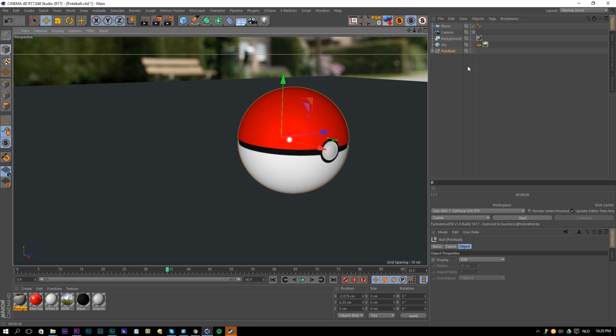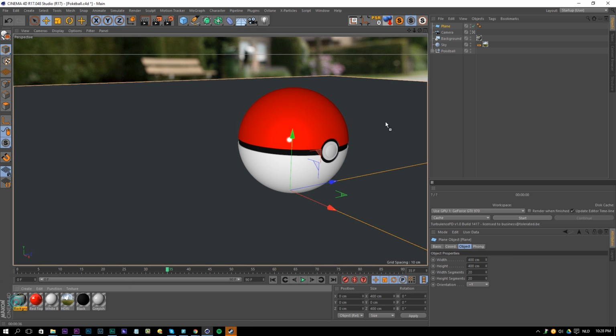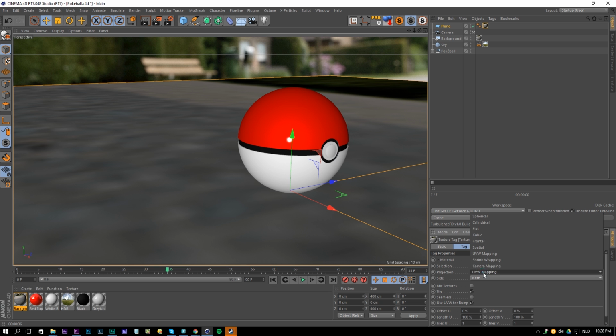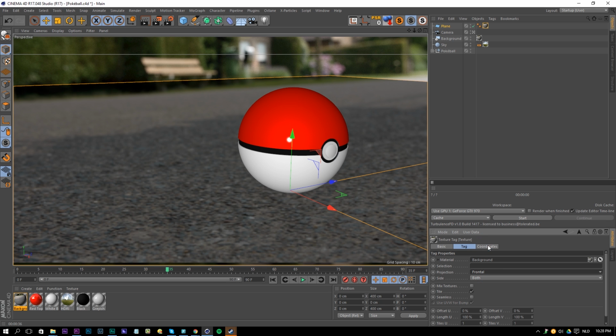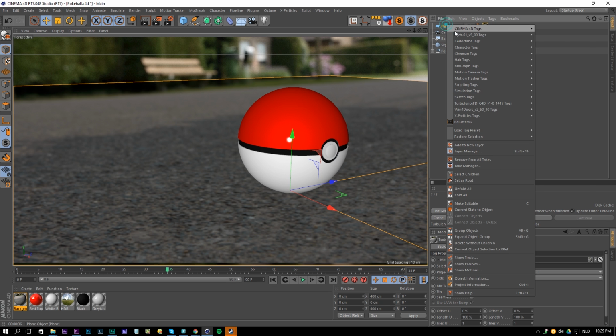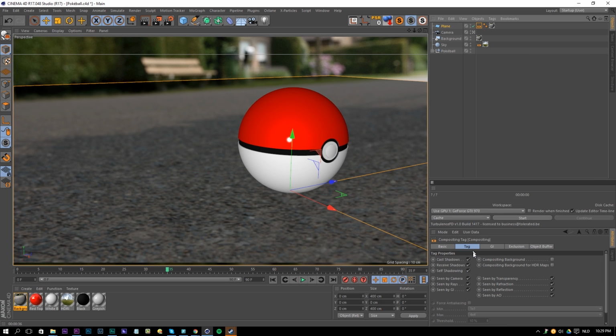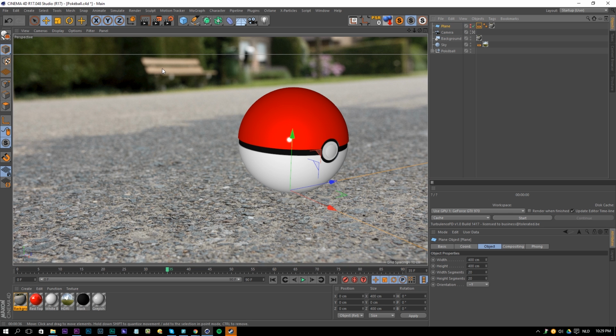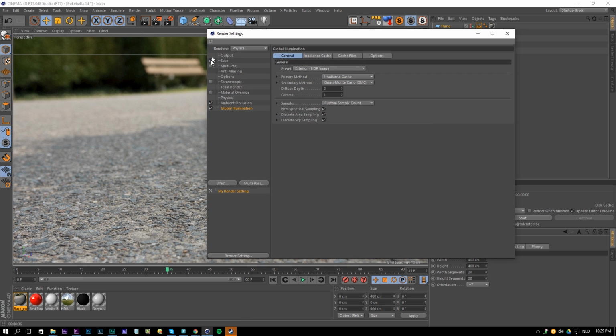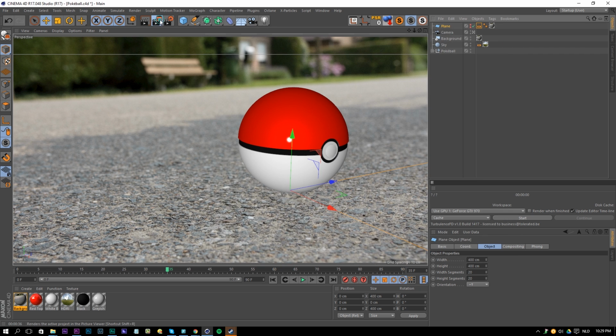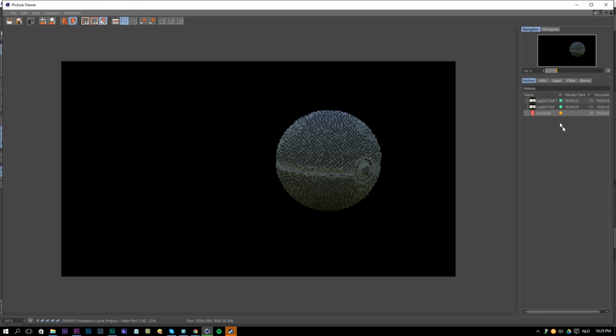Okay, so we have it like so, and then for the plane, I'm also going to drag this background on here and projection to frontal, and I'm going to right click on our plane and go to the compositing tags and scene by camera. I'm going to explain right away why I added that plane. I'm going to disable it first and just do a render, without saving it. So I'm just going to render it out into my viewport here. This was actually from another project, it doesn't matter.